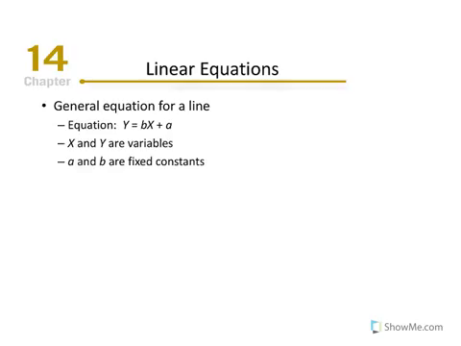So this is the basic linear equation. I'm sure you've seen it in previous classes, perhaps with different variable labels. The equation for a linear line is y equals bx plus a. x and y are variables, so we'll be using this equation to make predictions of y given a value for x. And a and b are fixed constants, or in this case we refer to them as correlation coefficients,